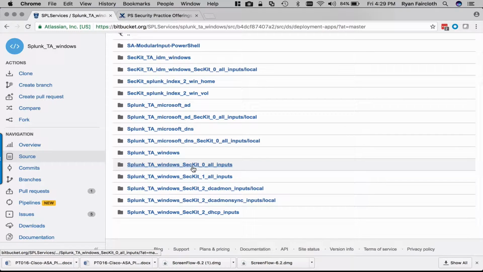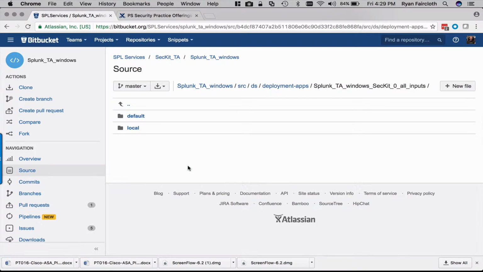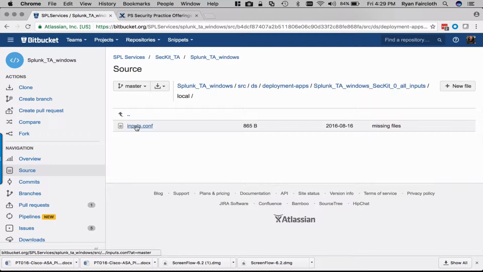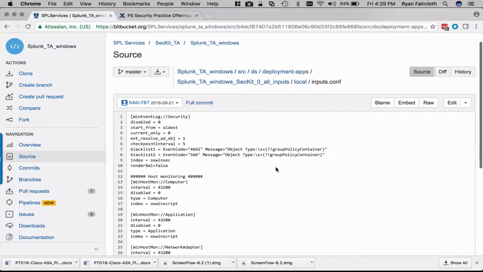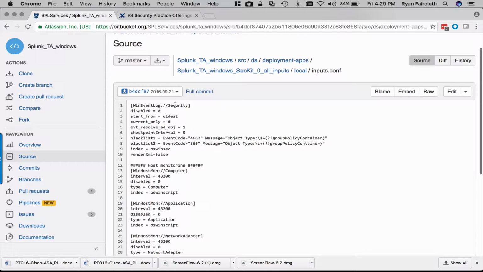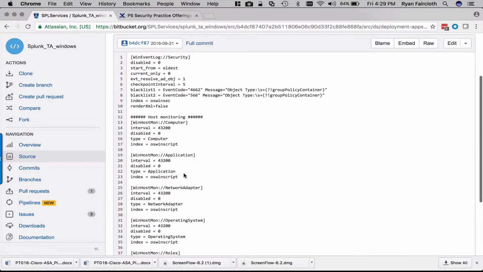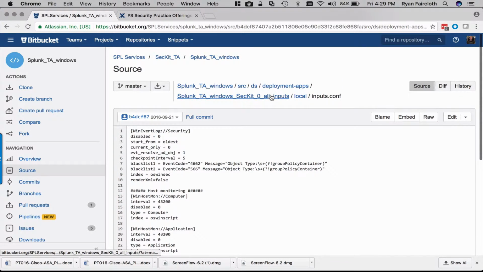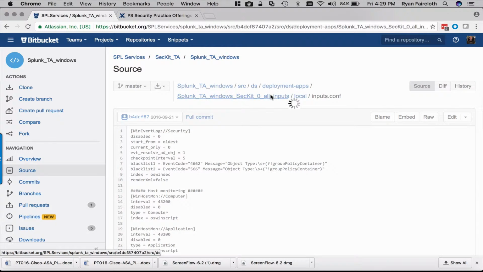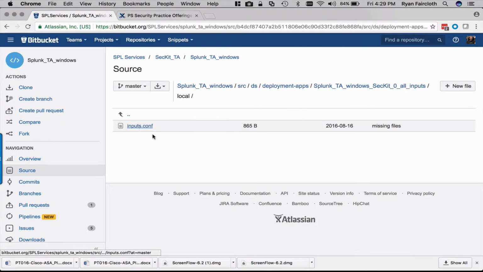So for example, with the Windows TA, which inputs should be turned on and where should they be turned on? A level 0 meaning deployed to all servers and all Windows environments. We would want the security event log at minimum from all servers, along with host monitoring rules we need to make enterprise security work well and enable additional use cases. And then we've also developed